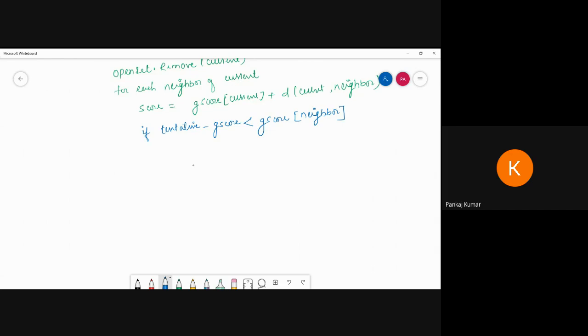Here I am using the score. Then we have to calculate. We have to store the better one than the previous one, so we have to go for the calculation.